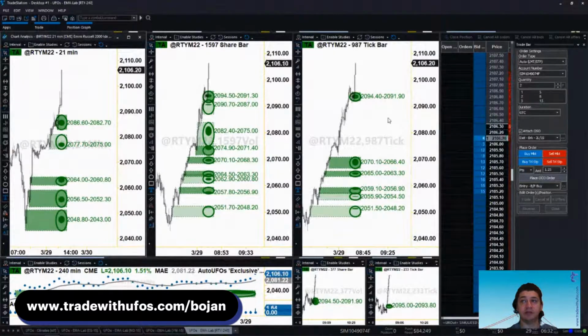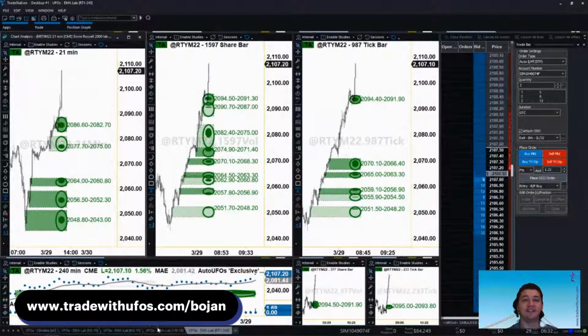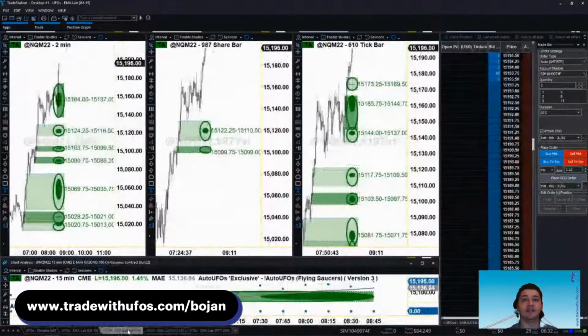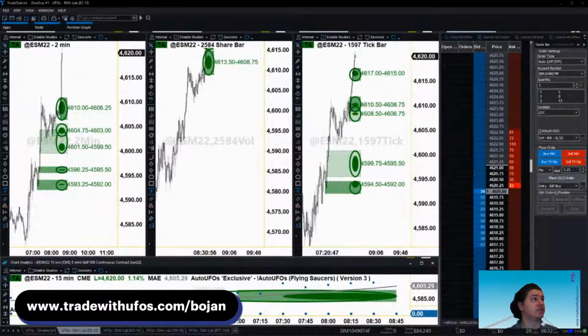Okay. Well, looks like the train left the station. Right? Whew. Look at that. Russell and NQ and the ES are kind of following along. Looks like some really positive news or something's going on in the markets. Let's take a look at the news for today. If we go to the FXStreet Economic Calendar,